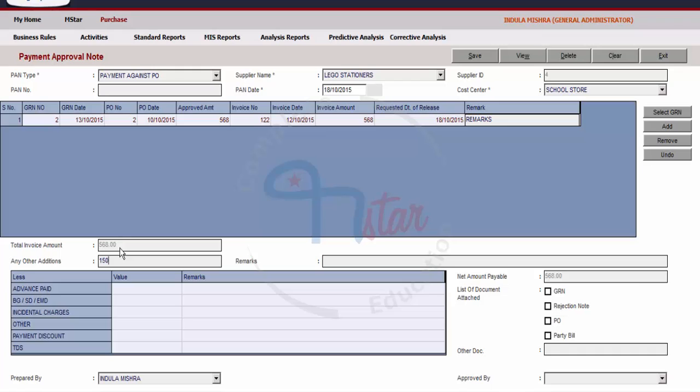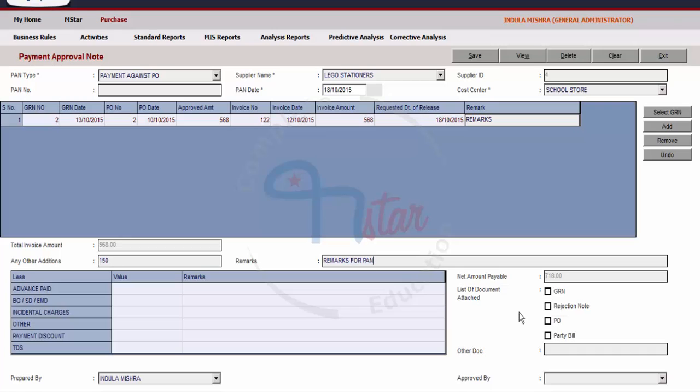Numbers can only be entered in any other additions. Then enter any other remarks for the payment approval note if required. In this, you can enter a maximum of 100 characters and both text and numbers can be entered. Again, limited special characters can only be entered.